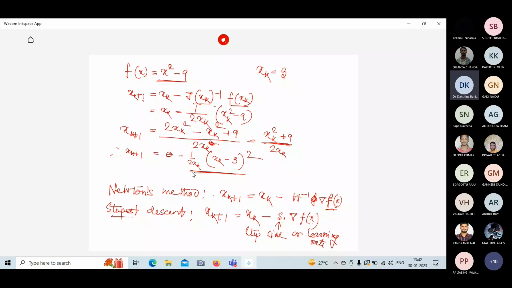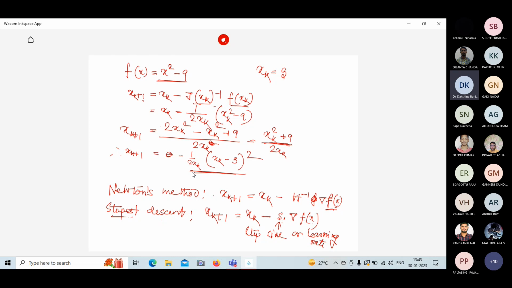Okay, that means this gradient of the given function f x will give the direction towards the convergence in terms of this steepest descent direction. Moving towards the steepest descent direction is nothing but moving towards the gradient of the given